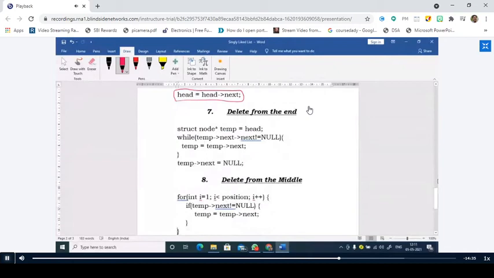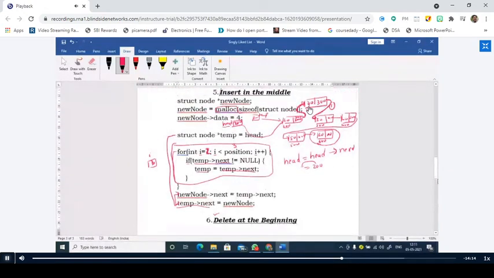See here. I have created a temporary variable and I have assigned the value of head, while temp next not equal to null. What do you mean by temp next? Here is a new concept. Now, if you go to the programming part, what is the value of temp next? 700.